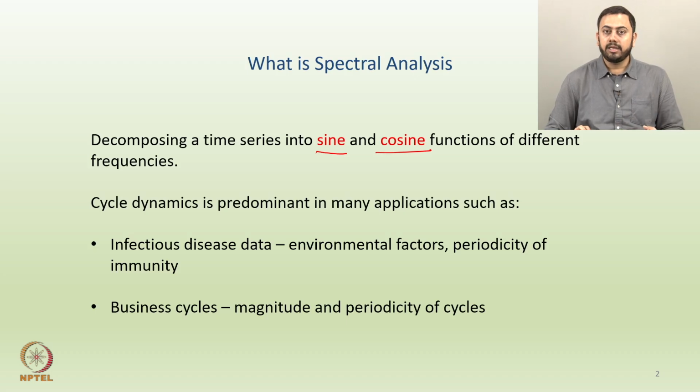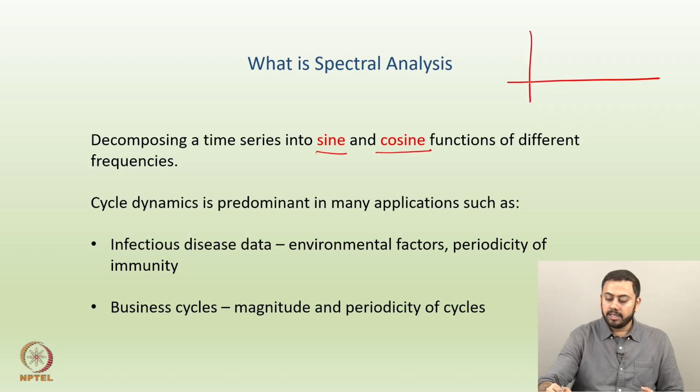Remember that any of the sine and cosine functions can have different frequencies. What do I mean by that? I'll give you an example. Typically this is exactly how a sine curve looks. It starts at 0, then oscillates around the x-axis like that, and similarly a cosine curve might look like that. At 0 it will be 1, then it will go down and come back again, something like that.